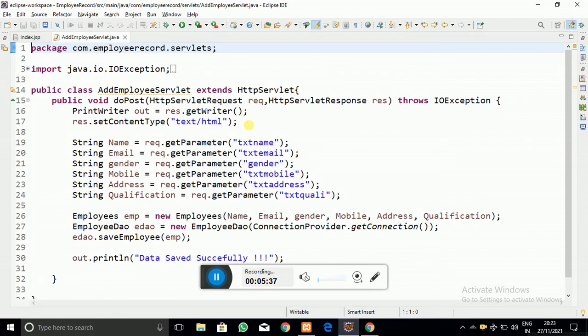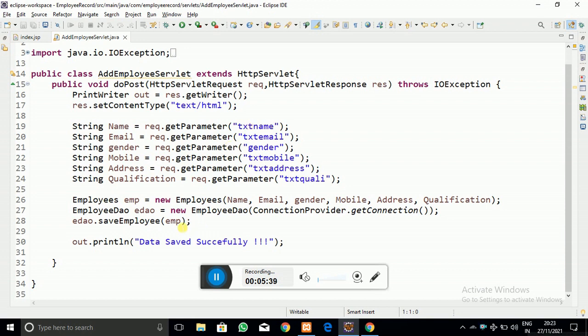In that code, we have to go to where we have called the save employee method, and here we have printed that data saved successfully.